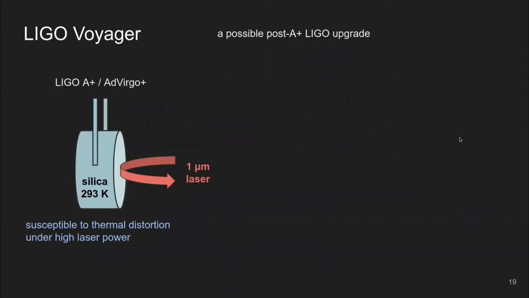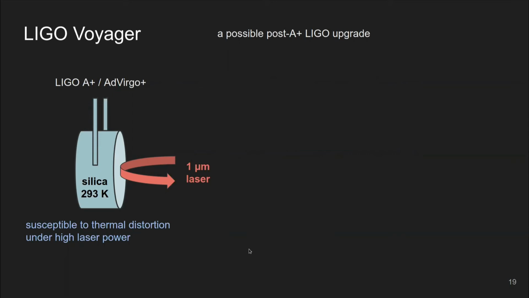One of these concepts is called LIGO Voyager. LIGO Voyager is meant to answer the question, what do you do with the LIGO facilities after 2025? This is not something that LIGO has decided on, but it is a possibility. It's something that LIGO could do after LIGO A+ has collected a sufficient amount of data. And the basic idea here to make a sensitivity improvement is